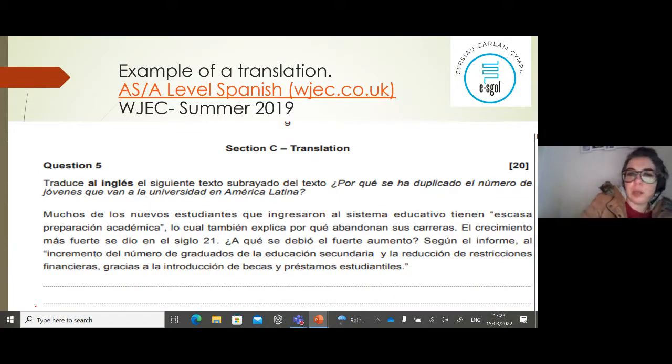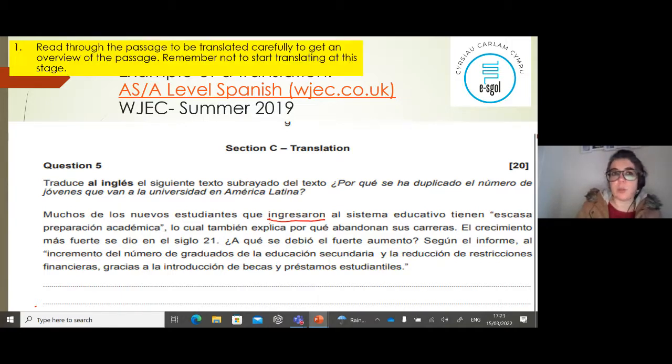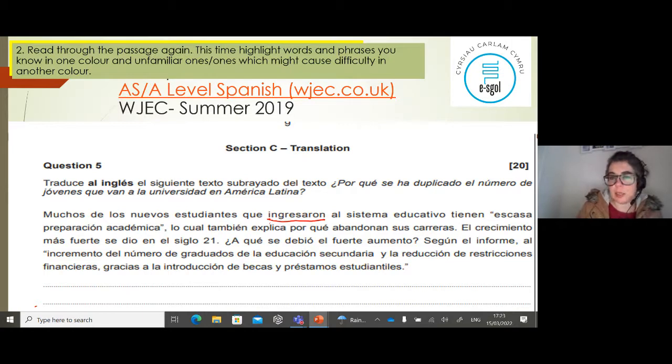So I'm going to say that perhaps we know muchos de los nuevos estudiantes, and perhaps ingresaron could be one of the words that could start to create some issues. El sistema educativo, tienen escasa, I'm going to underline this word. This word is a difficult one, preparación académica, lo cual, I'm going to highlight this one as well, también explica por